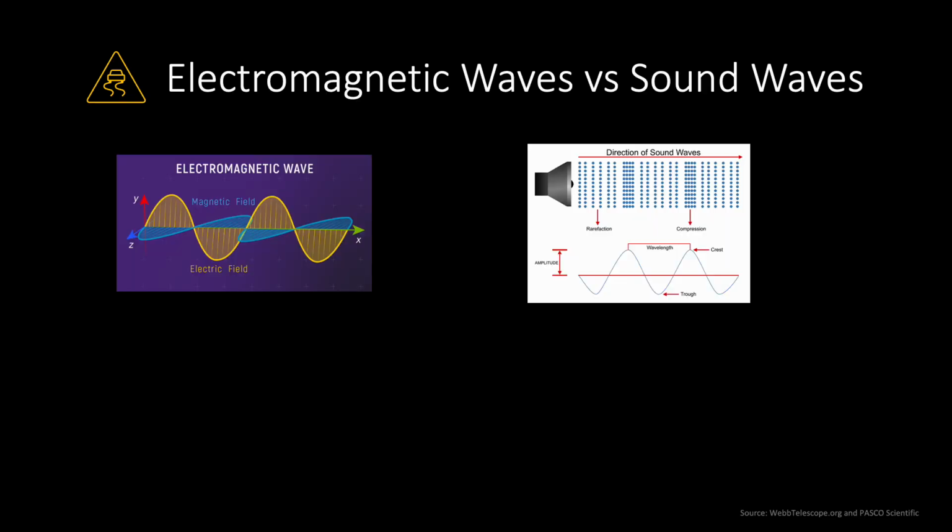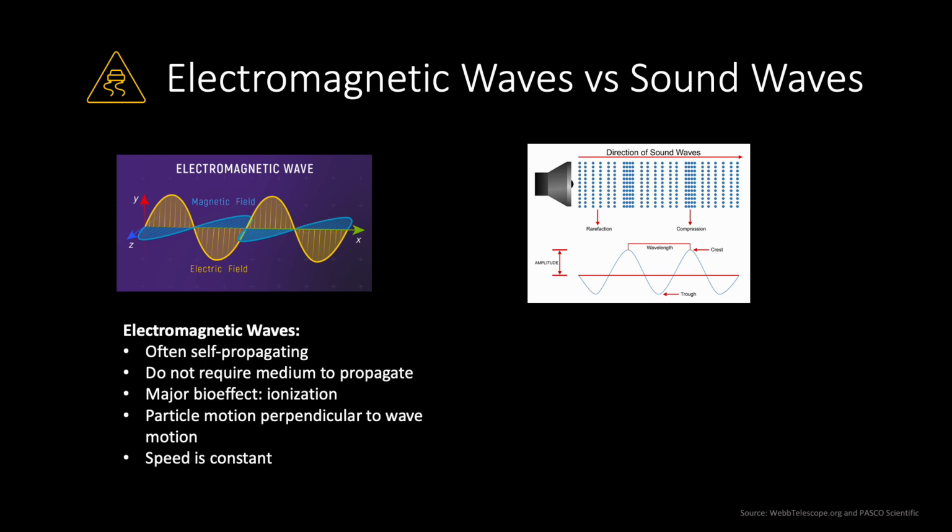Now, it is important that we pause briefly just to discuss the differences between electromagnetic radiation, which you may know about, and longitudinal or sound waves, and the properties that separate them or make them different. Although we'll talk a lot about waves, most of us think of waves in the way we think about X-rays or light waves. And there's a lot of similarities, but there are a few key differences. So let's start with the electromagnetic waves.